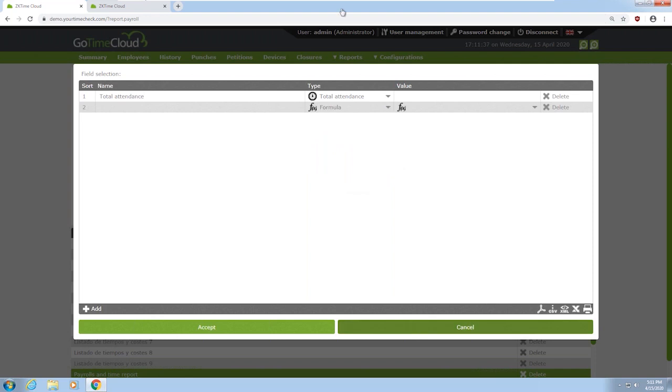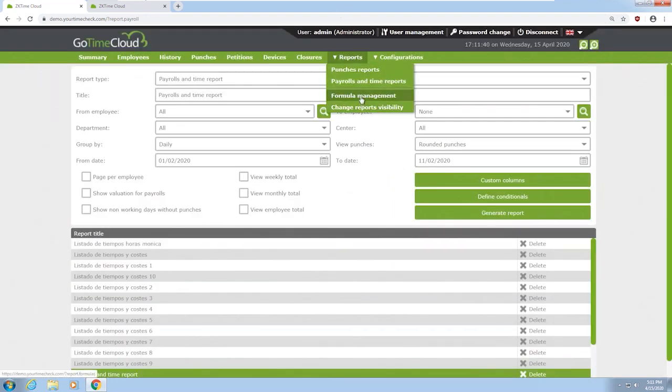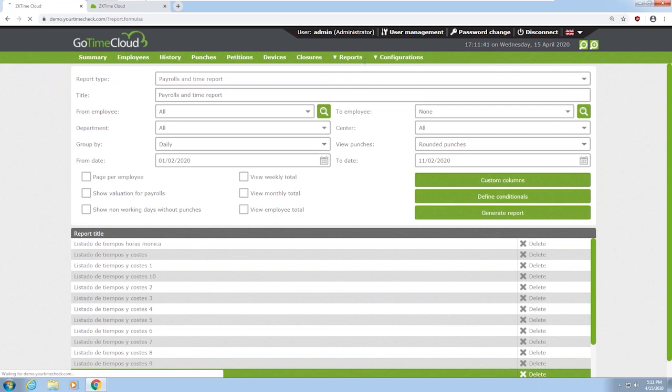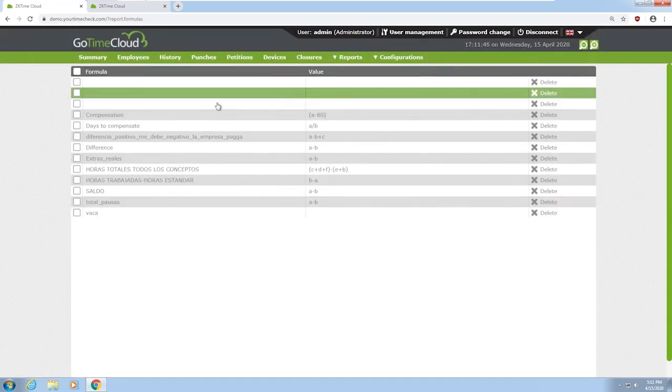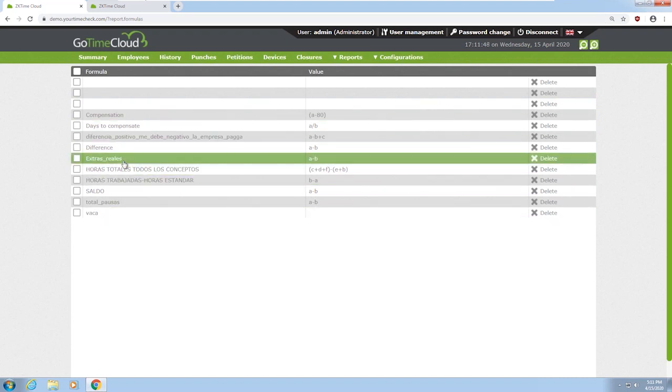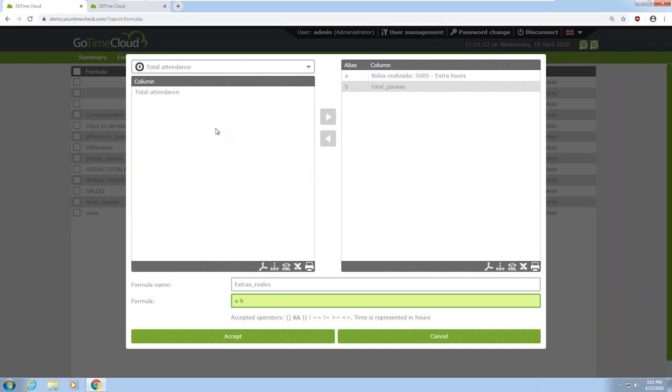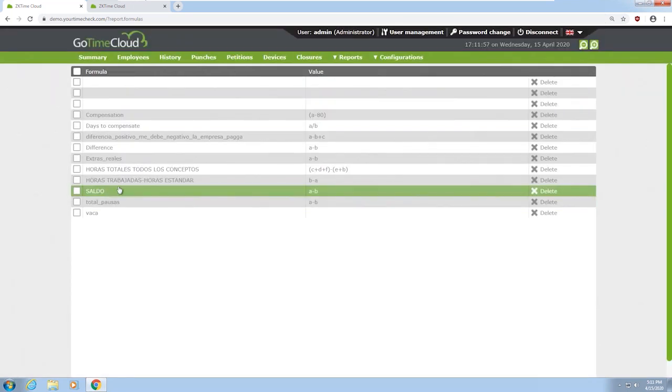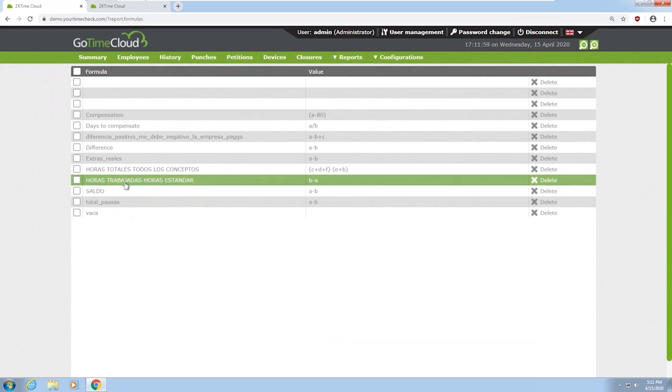A formula, we'll see here, is very interesting, because we can make, for example, a formula like we have here, real extras, which is, well, let me show you another one: work time minus duty time,